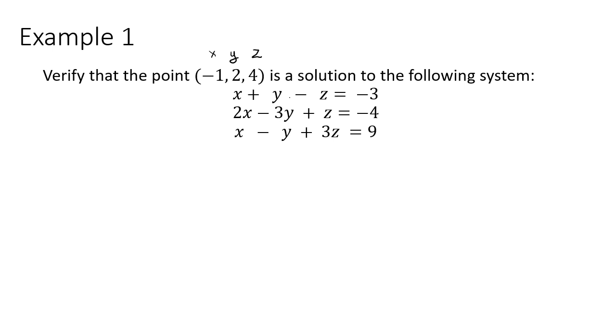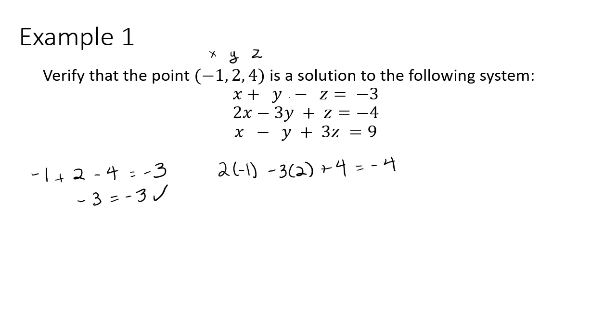So if we plug this into the top equation, x would be -1, plus y, which is 2, minus z, which is 4, and that should be equal to -3, which checks out because that's a -5 plus 2, or a -3, is equal to -3. For the middle equation, we have 2 times x, -1, minus 3 times y, which is 2, plus z, which is 4, and that should be equal to -4, which also checks out because this is a -8 plus 4,